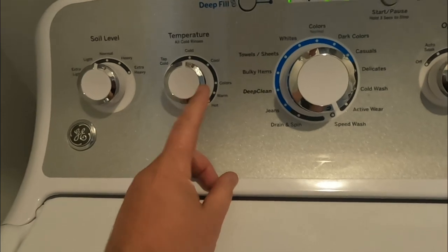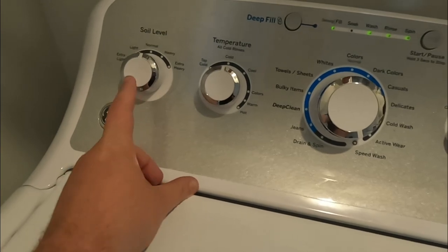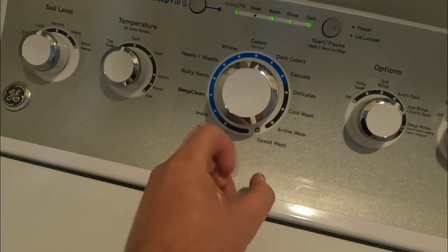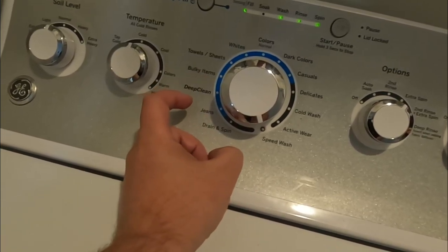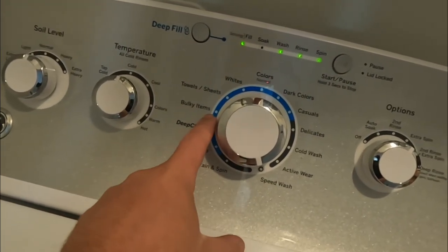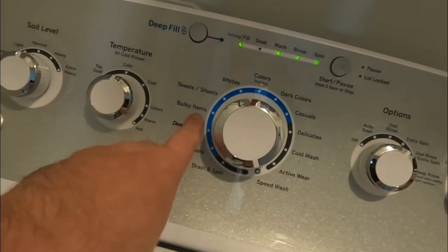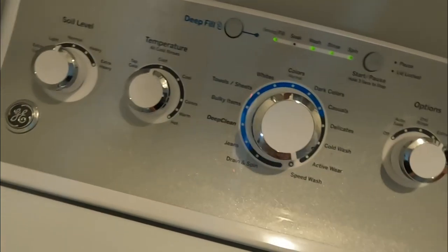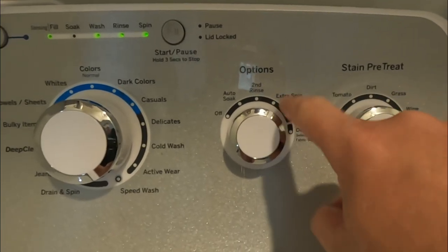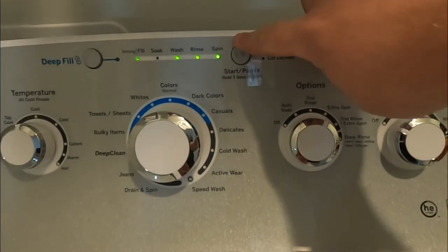You could wash it on hot. I prefer to wash it on cold. Make sure that your soil level is normal. You could do a speed wash if you have that setting on your wash machine, or you could use whites, or something like bulky items. If you have a bunch of microfiber towels that you're washing, I would recommend using bulky items. Okay? What I also recommend is if you have an extra spin, make sure that extra spin is selected. Then go ahead and hit start